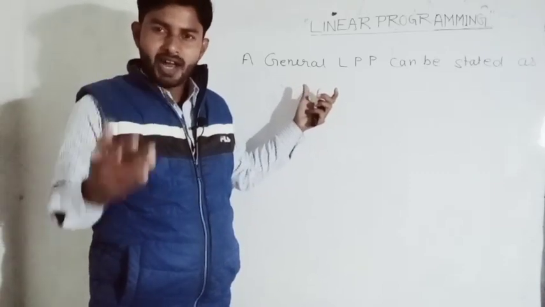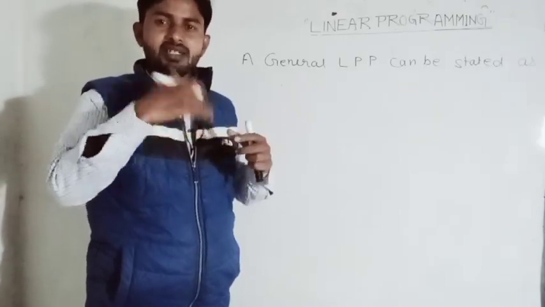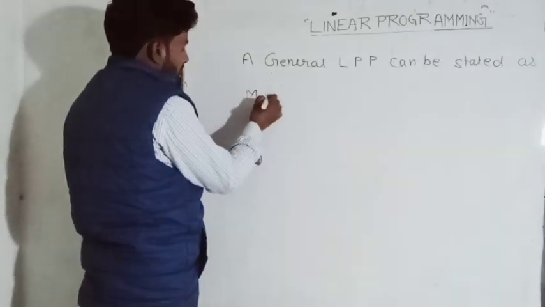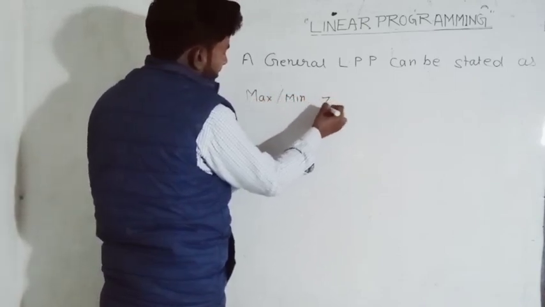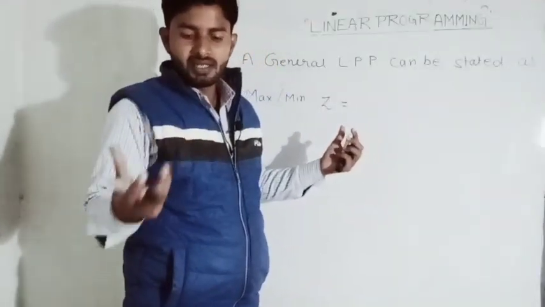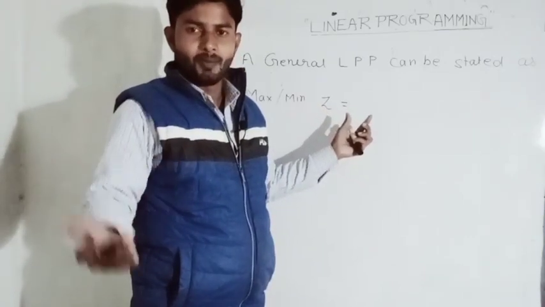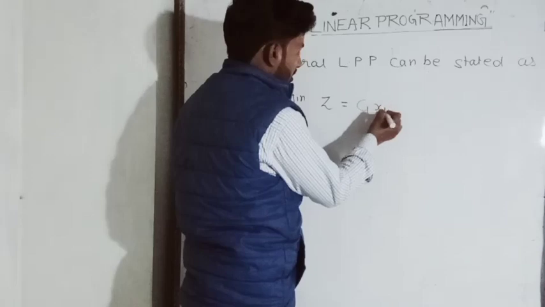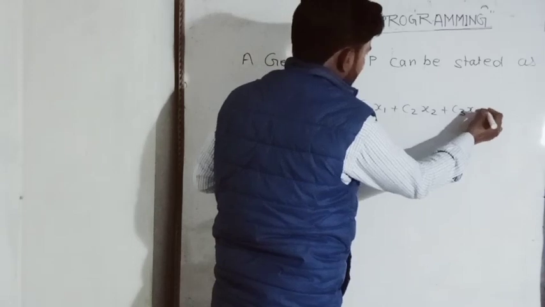We have to find the maximum or minimum of that linear function, such that maximum or minimum of z is equal to, that is, here we will take a linear function for which we have to find the maximum or minimum values, such that z is equal to c1x1 plus c2x2 plus c3x3 and so on